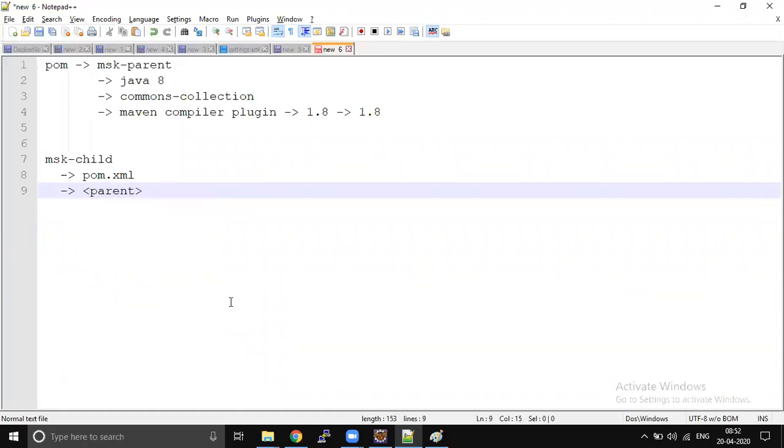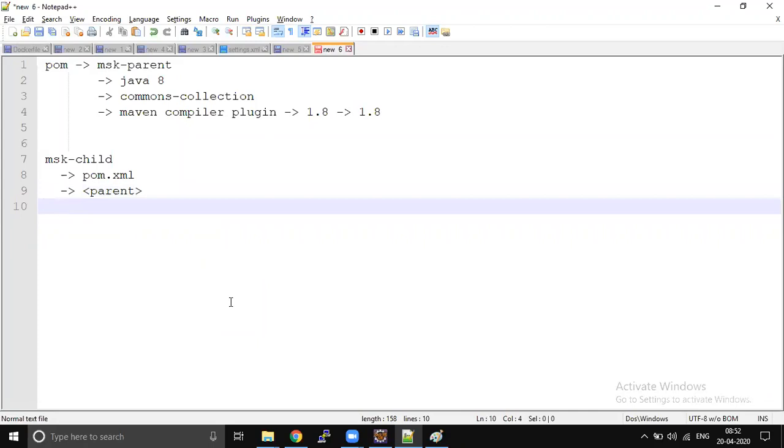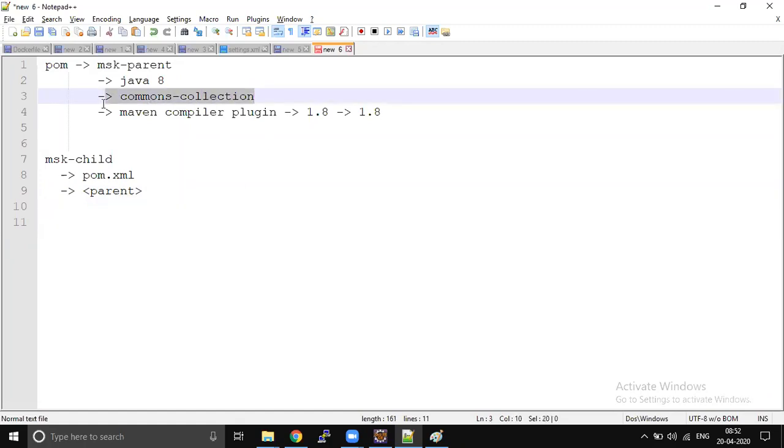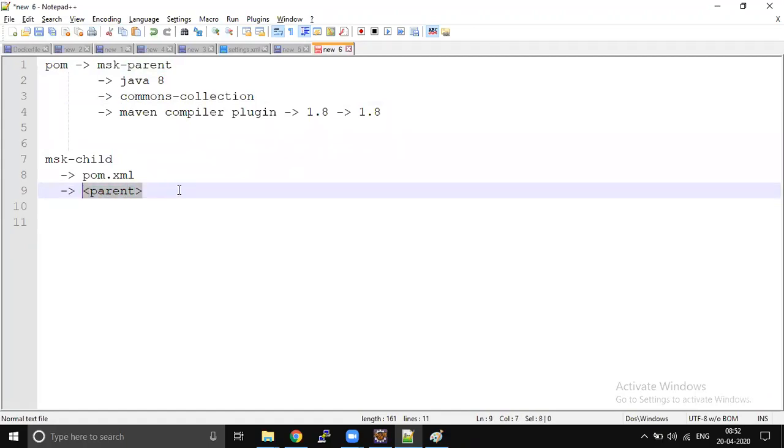Then start using the commons collection jar files directly without adding any dependency. In my MSK child, I'm not adding any dependencies, but I'm still going to use this commons collection jar. From where am I getting it? I'm going to get it from the parent. If you remove this parent tag, you will get a compilation error. If you add the parent tag, the compilation error will go away.